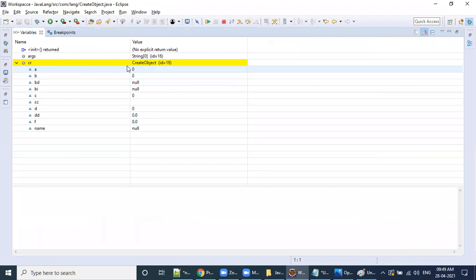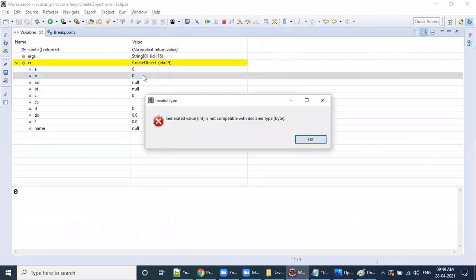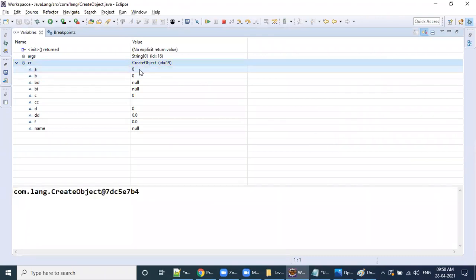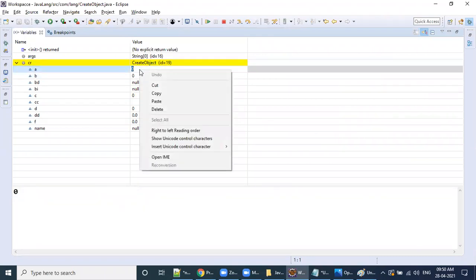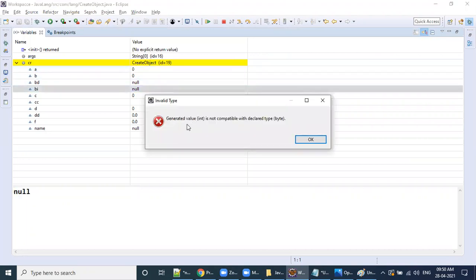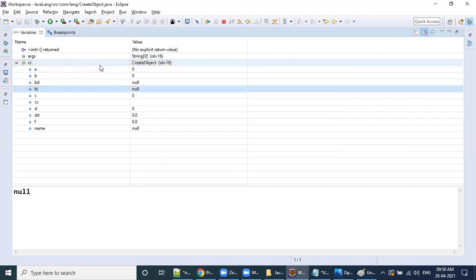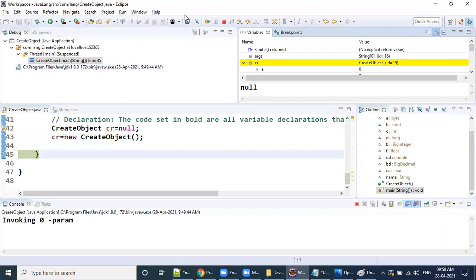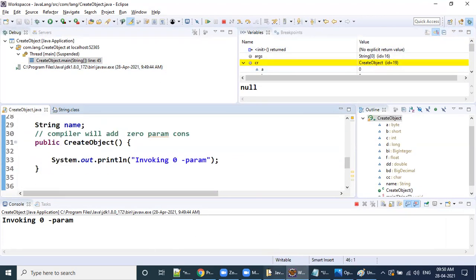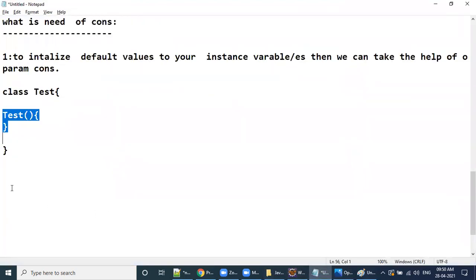See, the default value of a is 0. No, I don't want that. I want a to be 1, 2, 3. I want my own values here. Then we can take the help of one param or two param constructors.